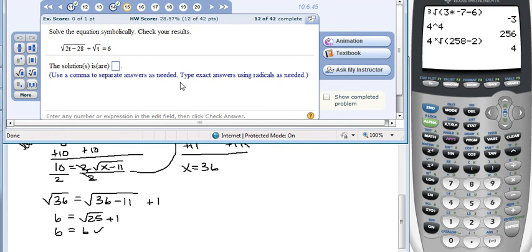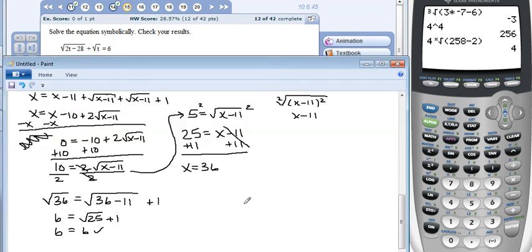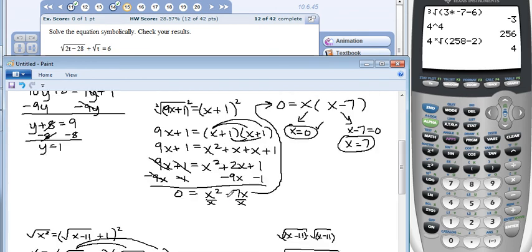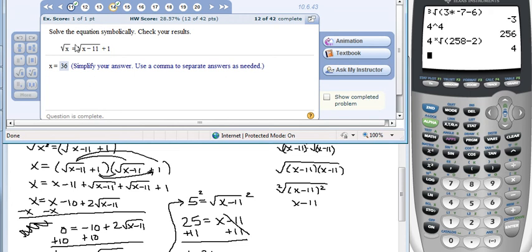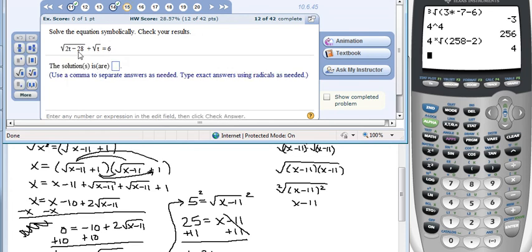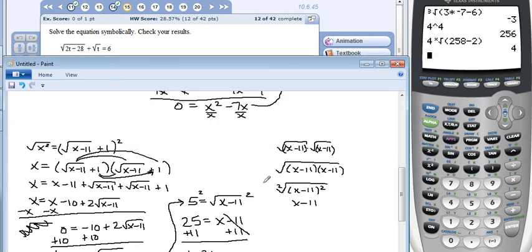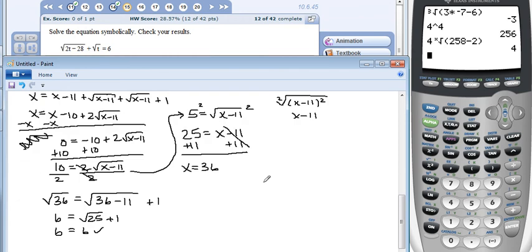Okay. Well, this is almost exactly the same. Let me just show you something here. You see how I had the radical on one side, and then I had the radical plus something on this side? This time I have both radicals on the same side. That's going to make it very difficult if I FOIL from here. So what I would suggest, I'm not going to do this one because they're all done the same, just like the last one. But what I would suggest is first of all, just move that